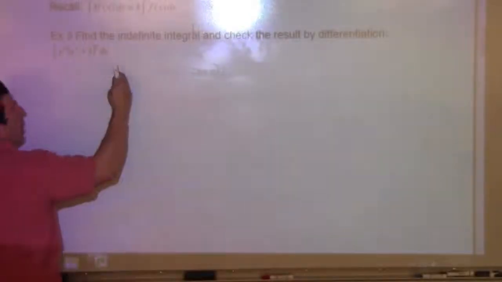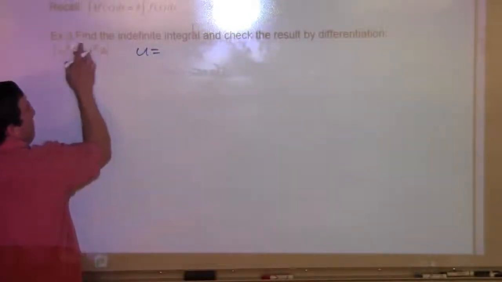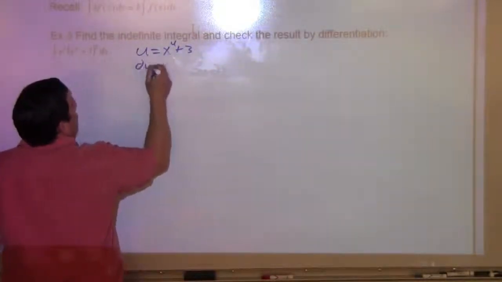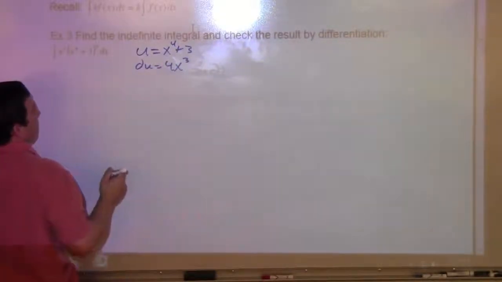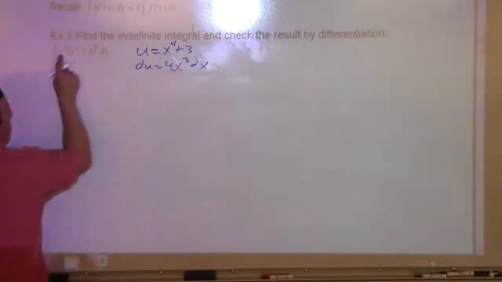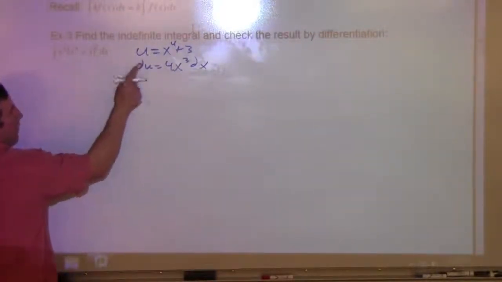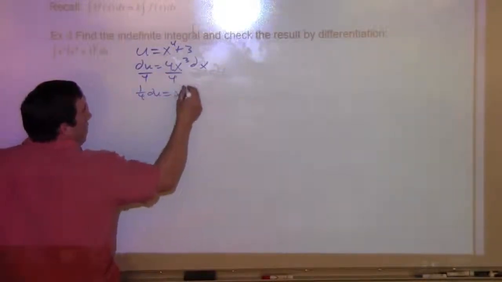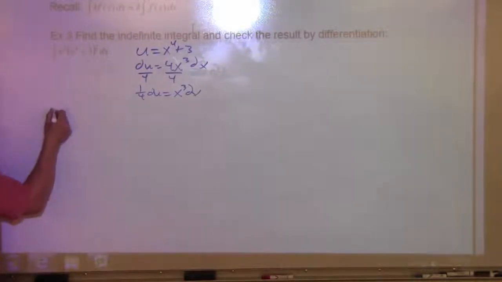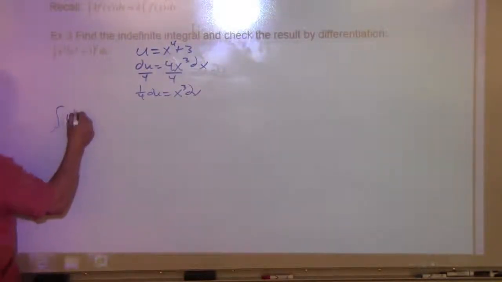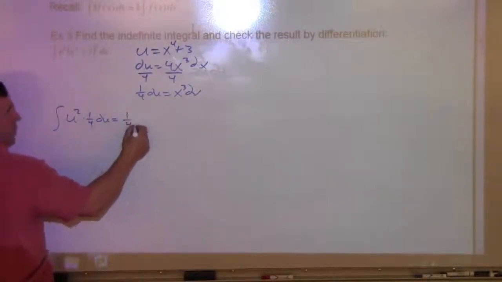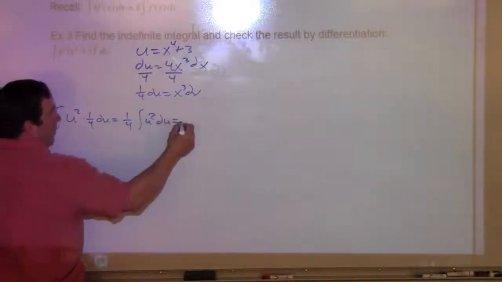Okay. We have something inside of parentheses, so I would say, call that my u. u is the stuff inside the parentheses, the thing being squared: x to the 4th plus 3. So du would be 4x cubed dx. We kind of have that. We don't have the 4 though, so we can divide both sides by 4, and we can say 1/4 du equals x cubed dx. And this could then be written as the integral of u squared times 1/4 du. And then the 1/4 can come out. That's 1/4 integral of u squared du, which becomes